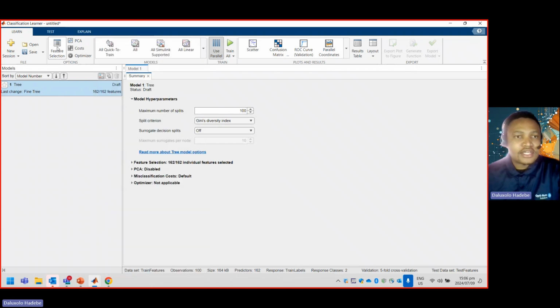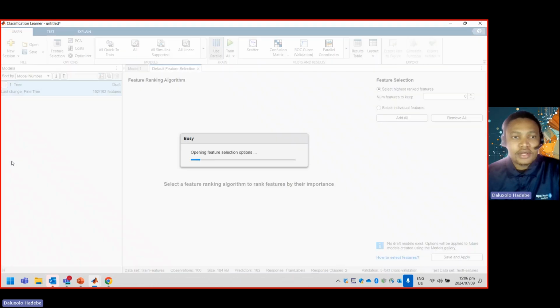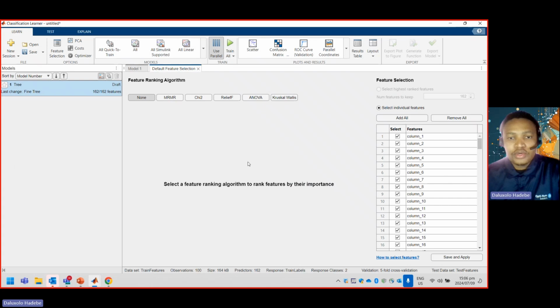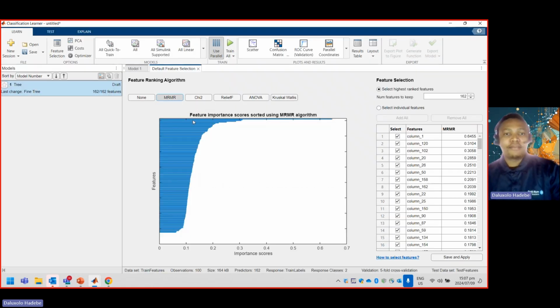And so I'd just like to touch on the feature selection as well, because once you have your model, you could be able to select the most important features of that model. And this is where the domain expertise would have to come in. So you are able to apply different types of algorithms here to rank the features. And then if you have the expertise, you could select which features are most important for your application, or actually